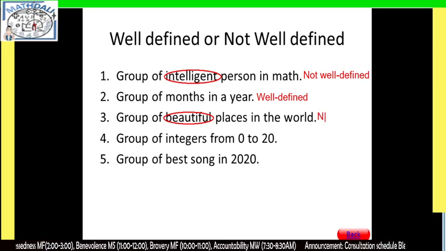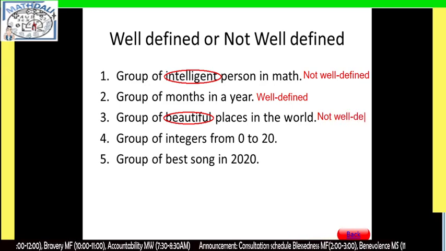So, that's why that is not well defined. Next, group of integers from 0 to 20. Is it well defined or not well defined? Definitely that is well defined.